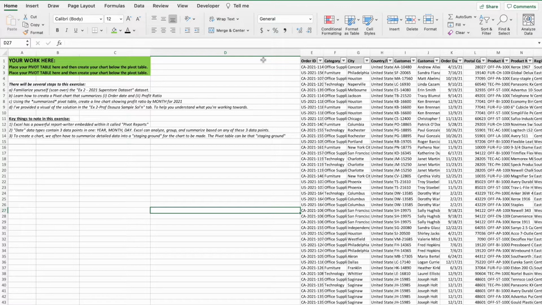Let's take a look at how we can create a pivot table. A pivot table is an automated report feature that lives within the Excel software. So the first thing we want to do with a pivot table is select the data that we're looking to summarize. Now, I cannot emphasize enough that your arrow key and keyboard shortcuts are going to be